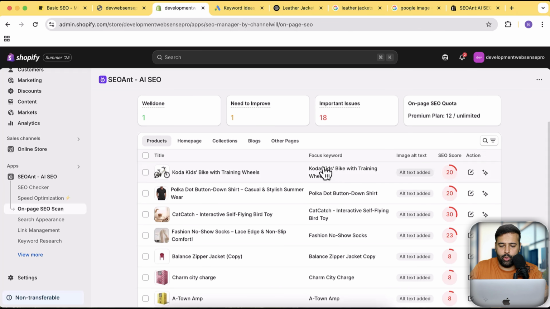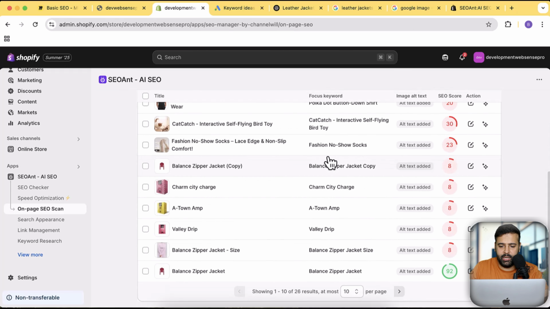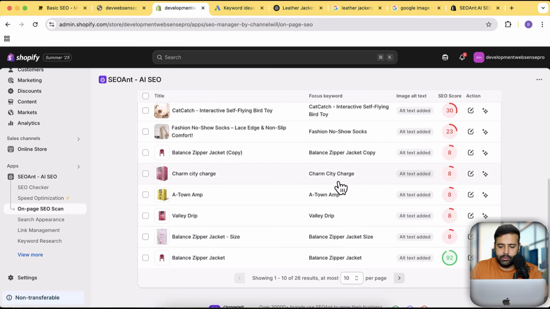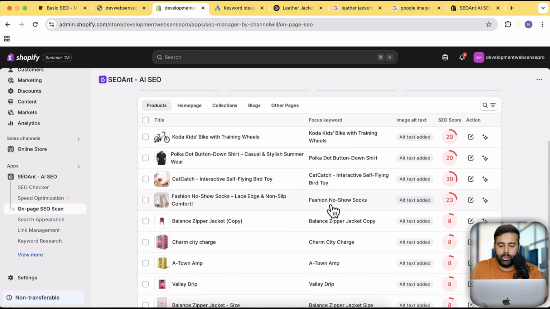Here you can see now that all of the focus keywords have been filled in, right? So with the power of AI, you can perform SEO tasks really fast using this app,